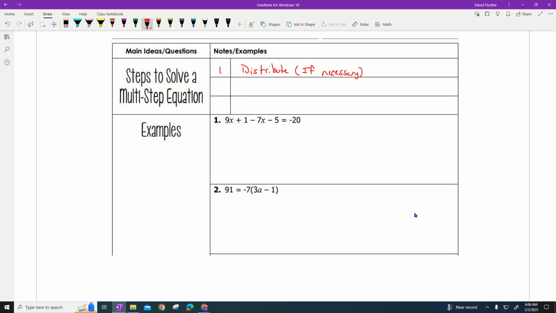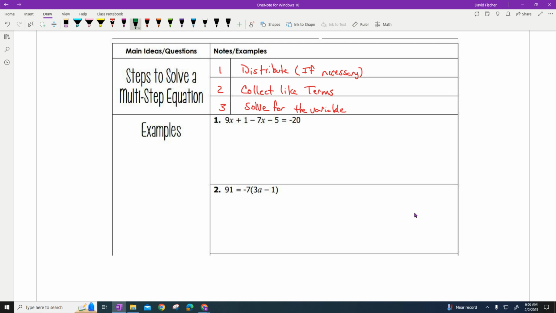After we distribute, if there is that, then the next most important thing is to collect like terms. We've reviewed this. And then the last thing is solve for the variable. And it just takes practice. If you keep practicing, things will start to come so naturally that you don't even recognize that you're doing them,